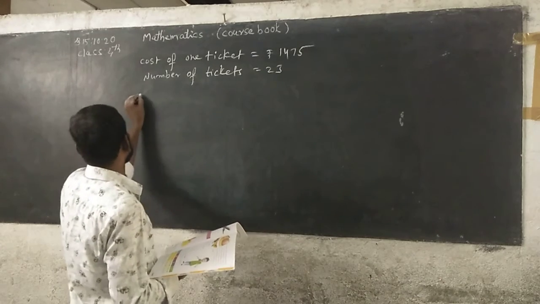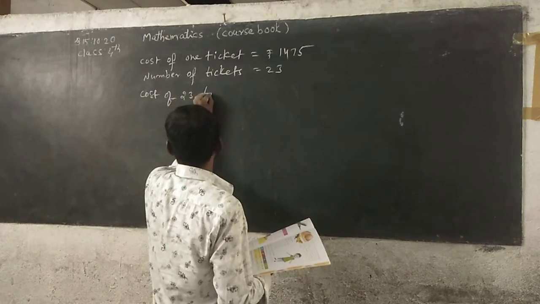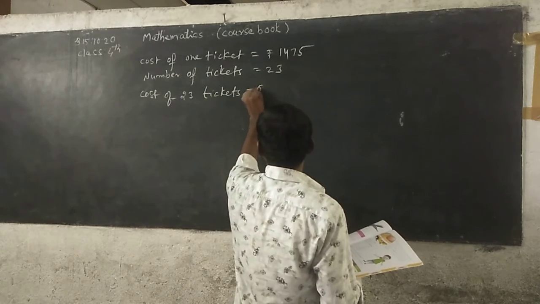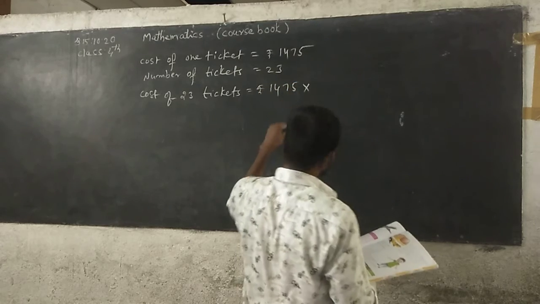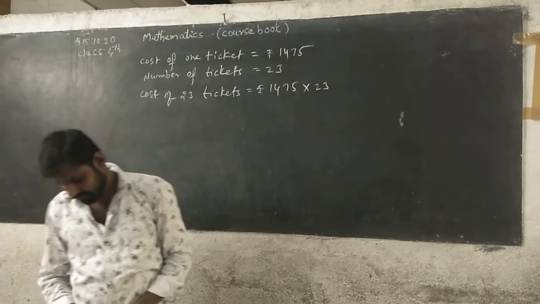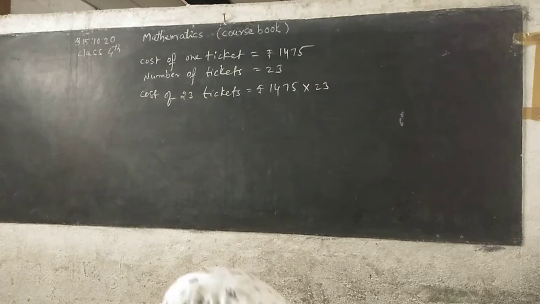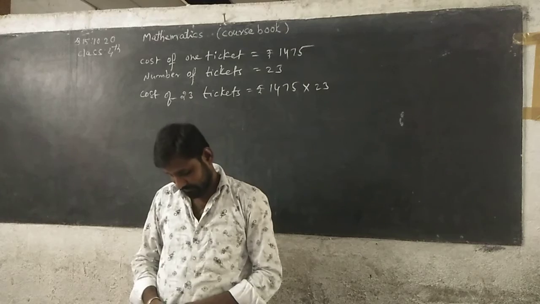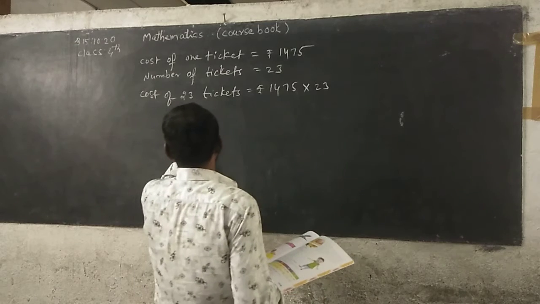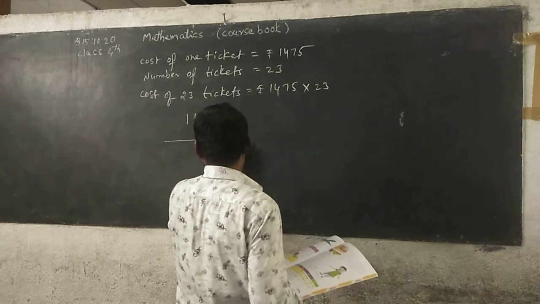Cost of 23 tickets. Cost of 23 tickets is equal to 1,475 rupees into 23. See here, 1,475 into 23. First